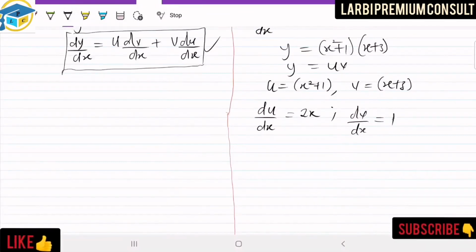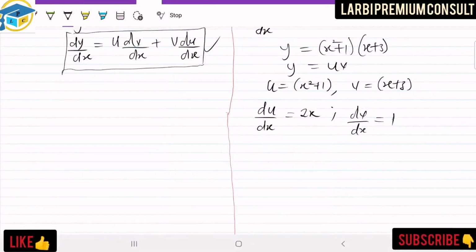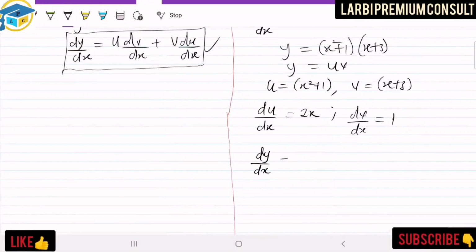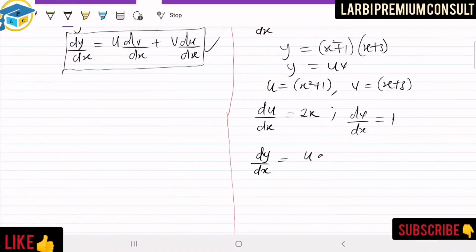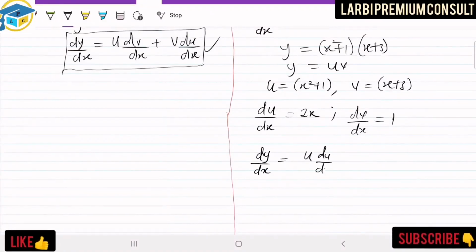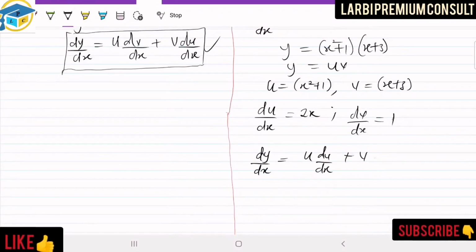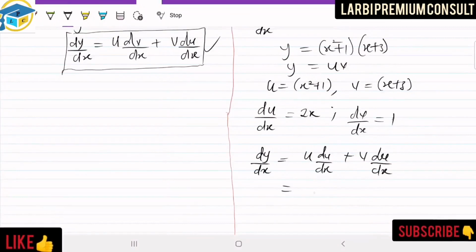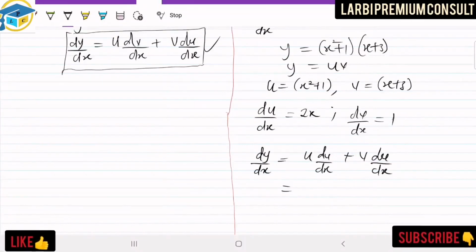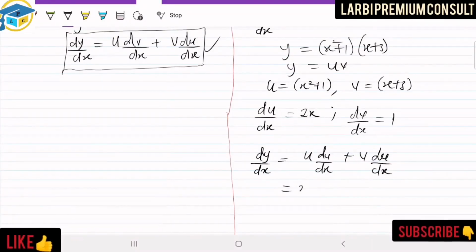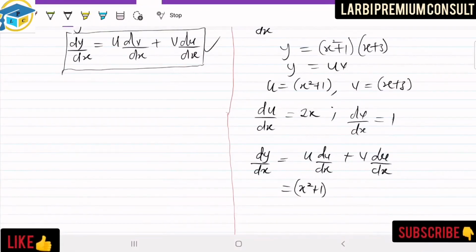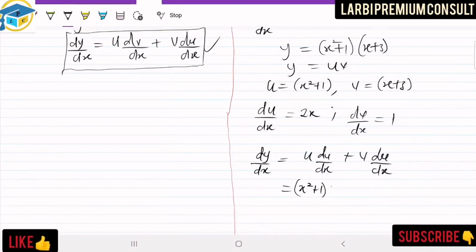1. So therefore we said the product rule says that dy over dx is going to be u multiplied by dv over dx plus v multiplied by du over dx. So all I will do here is substitution. I know u to be x squared plus 1. So it becomes x squared plus 1 multiplied by dv over dx, which is 1, plus